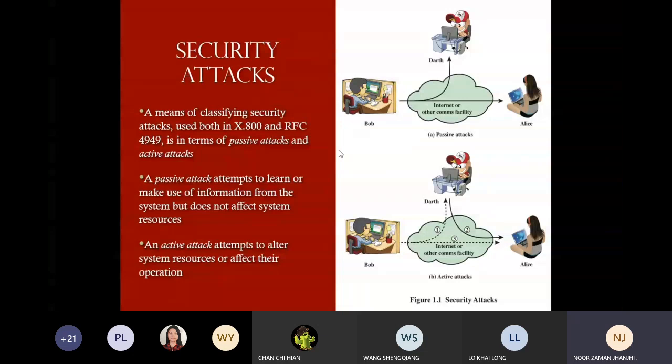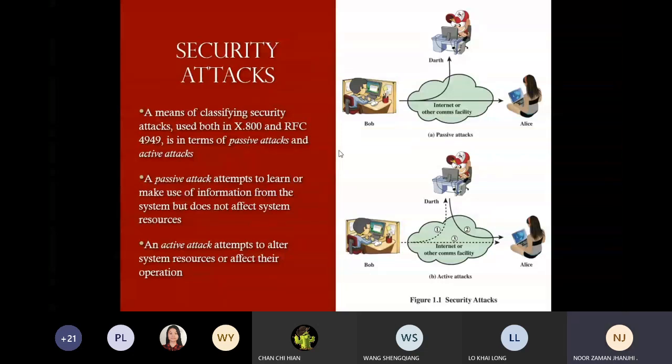In this attack, Dart is not doing anything with Bob or with Alice, but he is trying to monitor, read, and get the information about their messages, decrypt their messages, and get the information about both of them. Once he is done with his homework, now the second part, which is B, is known as an active attack.